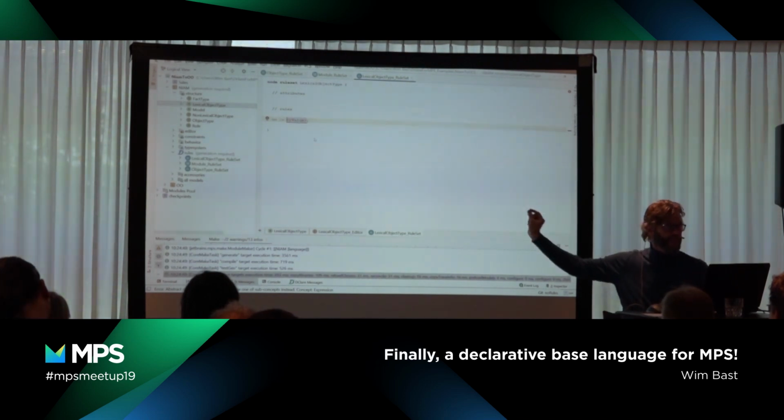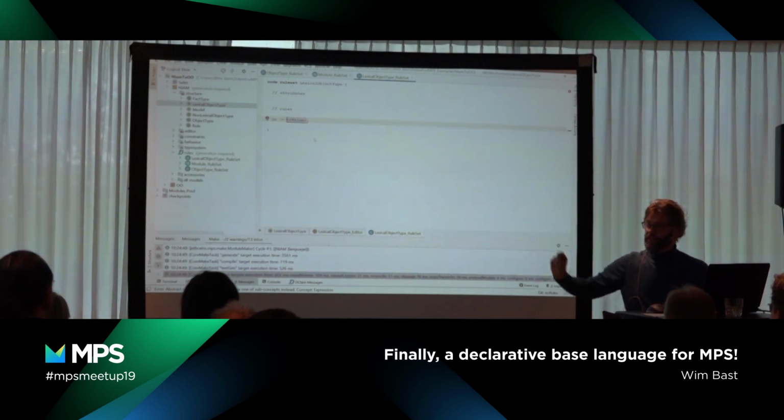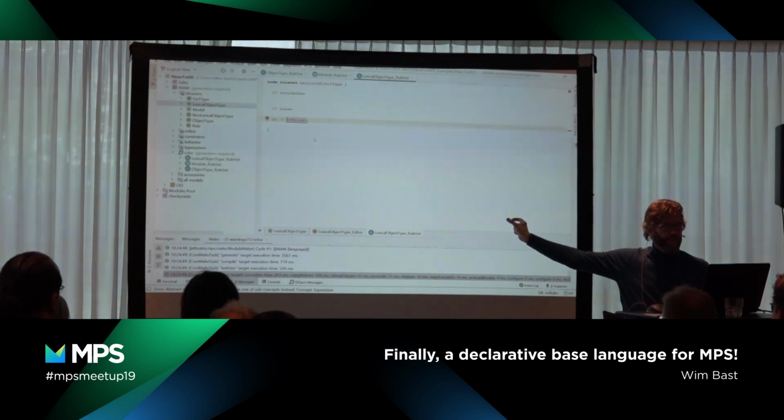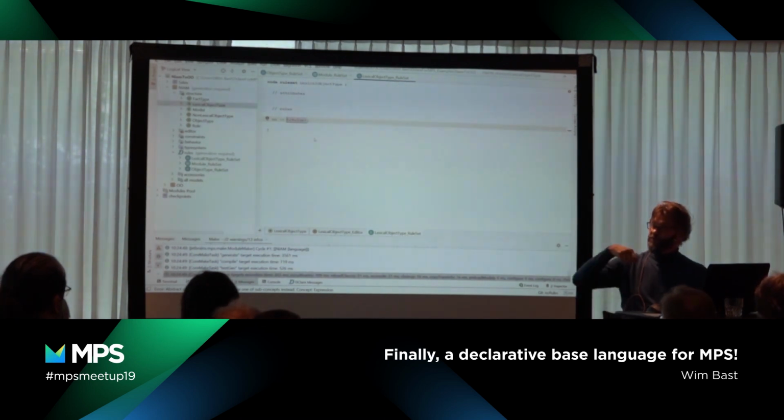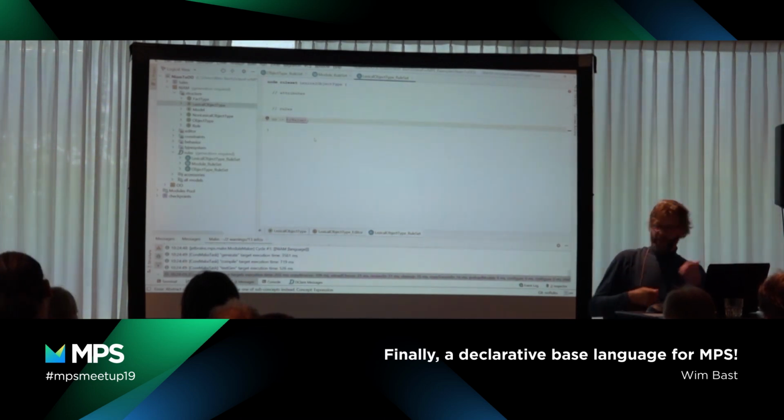It means this should always be the case. It's like an Excel sheet where you put a formula in a cell. It will always have that attribute having that value. But the same counts for the roots. So if something is added or removed, it's going to be added and removed. You don't have to subscribe and say if something is added, then I have to add it, and if something is removed, then I have to remove it. You just say this should be the case as a functional specification.